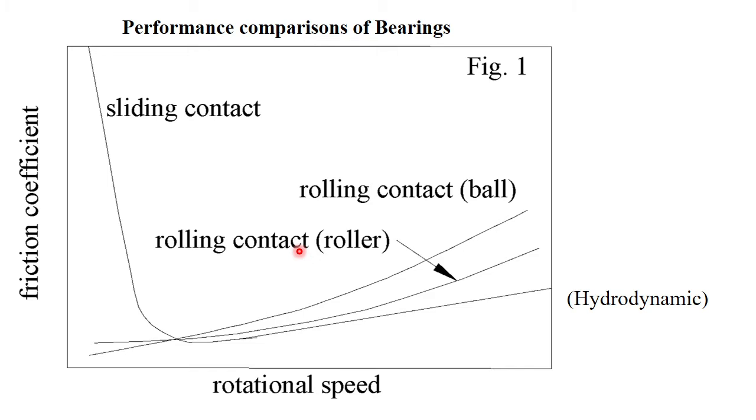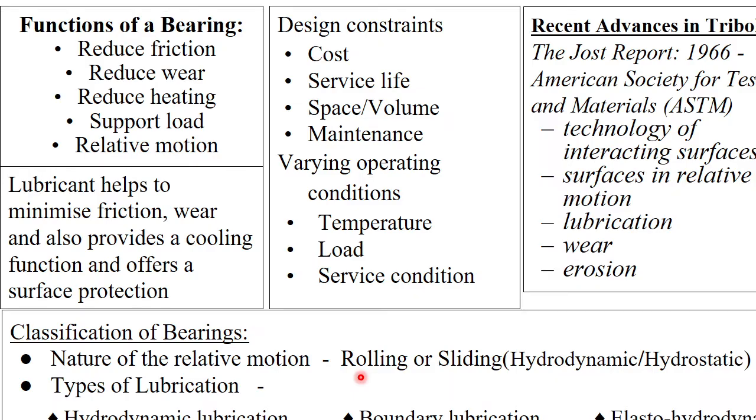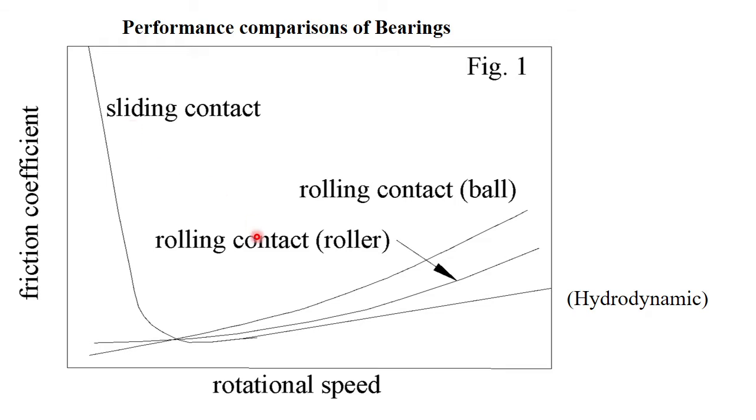Now here again this is a rotational speed only, but actually later we will see that the unit pressure on the bearing is also another parameter. So that is not focused here, because this is a major purpose to support load. Magnitude of load is important, which we express usually as the unit pressure on the bearing.